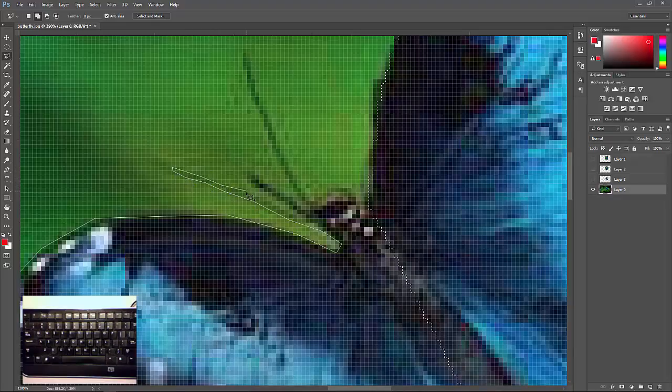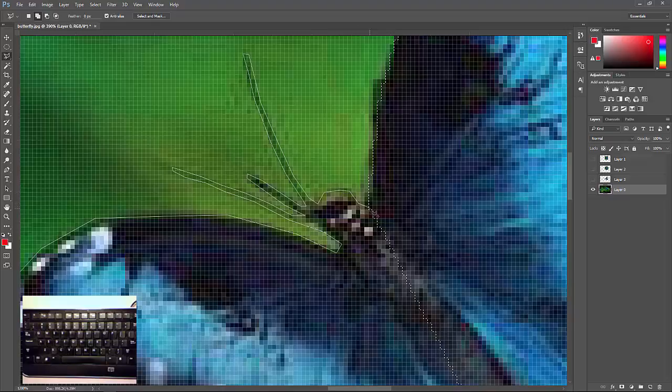actually works quite well for selecting antenna because you can make these straight line segments and you can do a pretty decent job of selecting the antenna. If you're freehanding this, it would never work. So I'm going up to the top, just going to come down, and it doesn't have to be exact obviously. So I'm going to come down here like this, click, click, and I'm going to go around the top here,